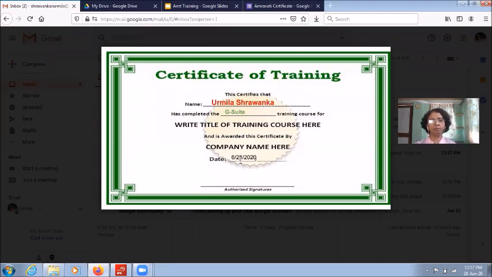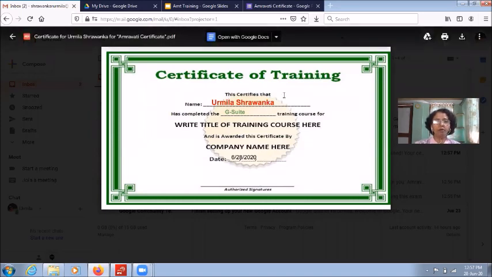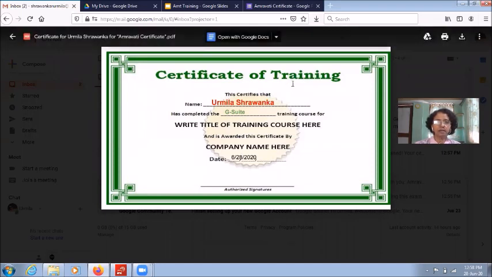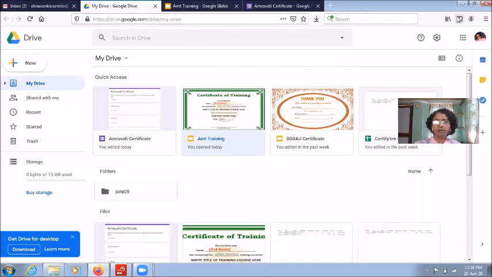Now this is so simple for generation of the certificate. Now here one option is there, authorized signature. You can insert an image for that particular signature at the time of preparing that particular template, so that you will get the certificate with the signature, stamp, whatever it is, you can insert through your Google Slide. I have given you the option.